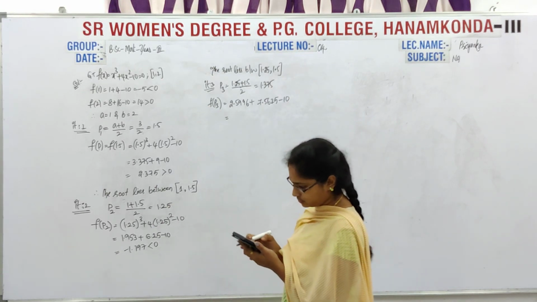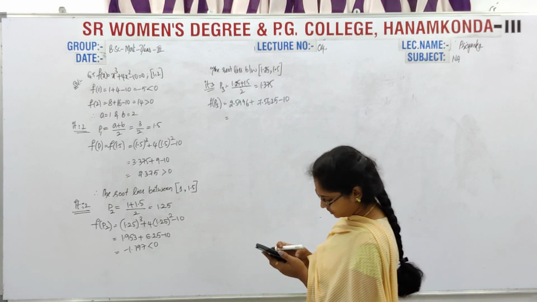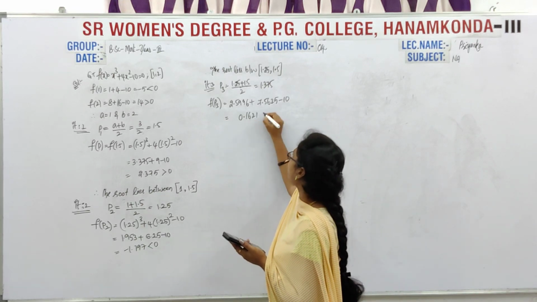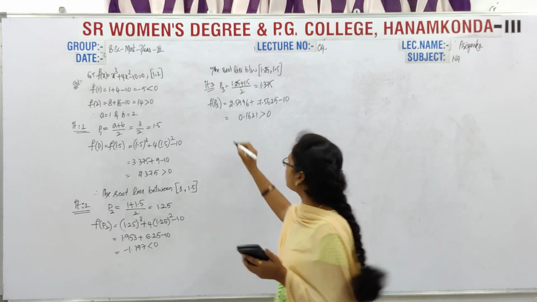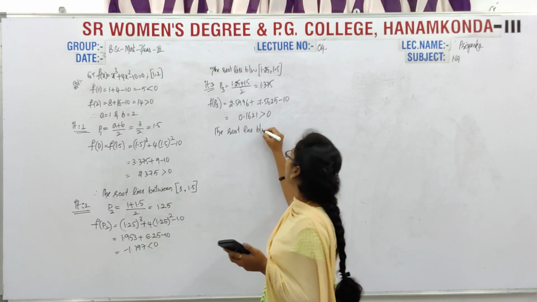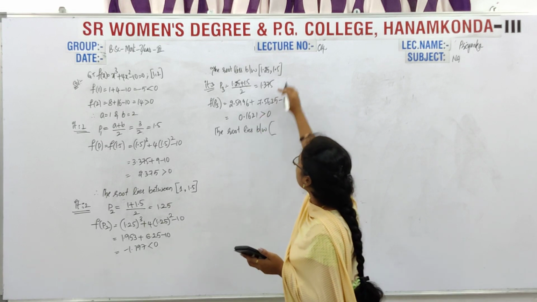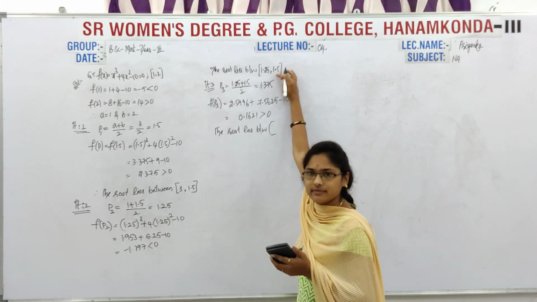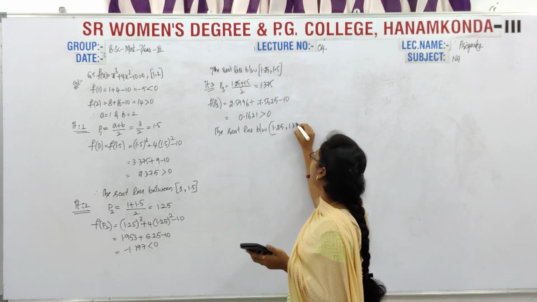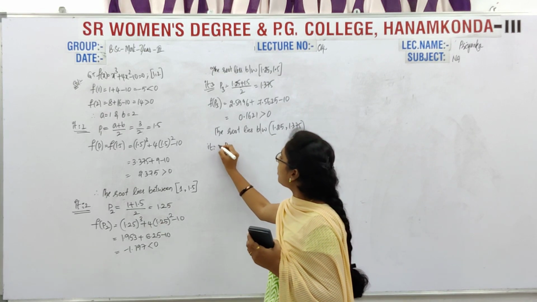So now which is equal to what we get here? Minus 10 and plus 2.5996. It is 0.1621, which is greater than 0. So now what is the new interval? Therefore the root lies between the closed interval, and see clearly it is positive, and the previous interval's 1.5 is giving a positive value. That's why 1.25 comma 1.375. Okay, so now here again we have to go for the next iteration number 4.